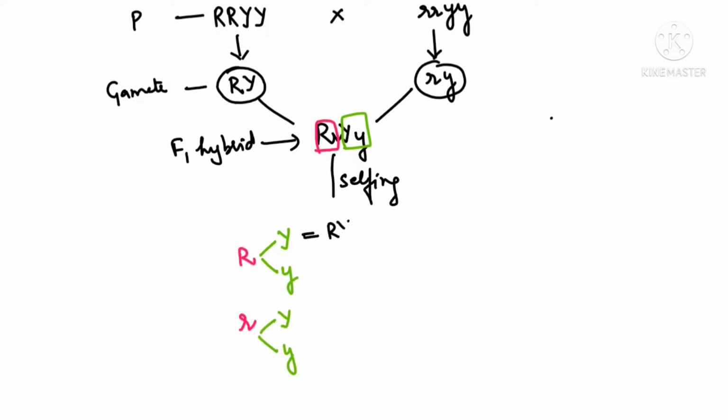So the gametes are capital R capital Y, capital R with small y, small r with capital Y, and small r with small y. Because we have to study the law of independent assortment, before this you should know that segregation of alleles occurs. Alleles segregate at the time of meiosis. And for independent assortment, we are assuming that segregation of one allele pair is not influencing the segregation of another allele pair. So these are the four types of gametes we can get.